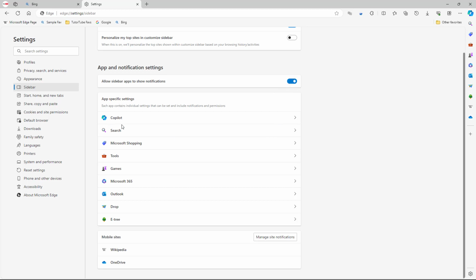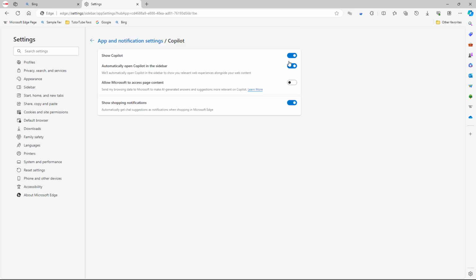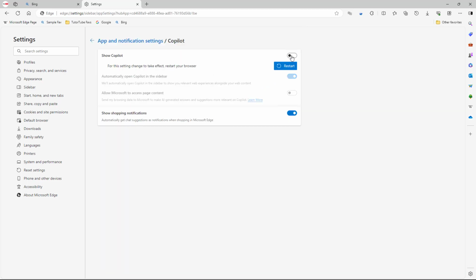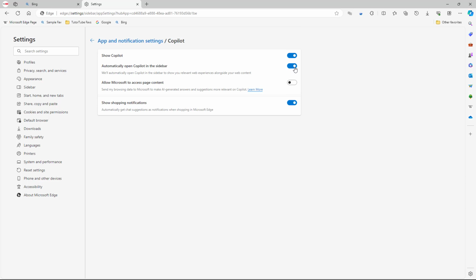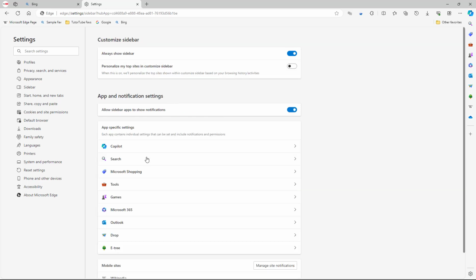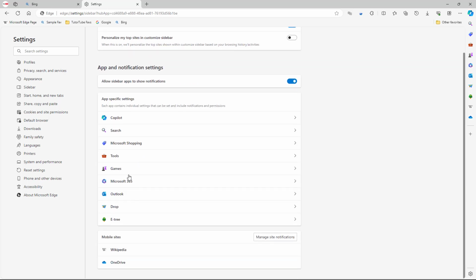Over here you can see that there are sidebar specific settings, like for example Copilot settings. You can disable it, or you can enable it. You can automatically open Copilot in sidebar right here, and you can also allow Microsoft to access page content right here, just like this, or you can show shopping notifications. Let me just go back, and over here you can see, let's say for example,